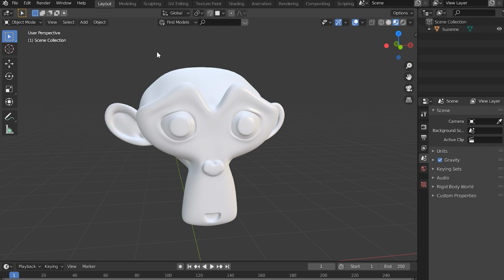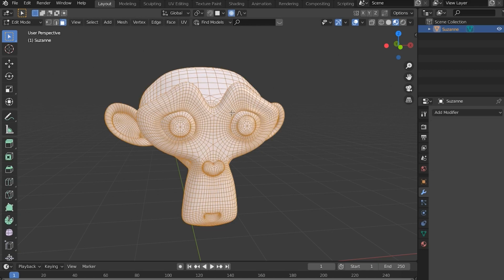Now let's go over some general shortcut keys that are super helpful in just your regular editing, moving things around, different stuff like that. A is going to select all. You can do this in object or edit mode, and a lot of these things you can also do in object or edit mode. They have a bit of different function, but the shortcut key is the same. So A will select everything, all of your meshes. In edit mode, A will select everything in there as well.